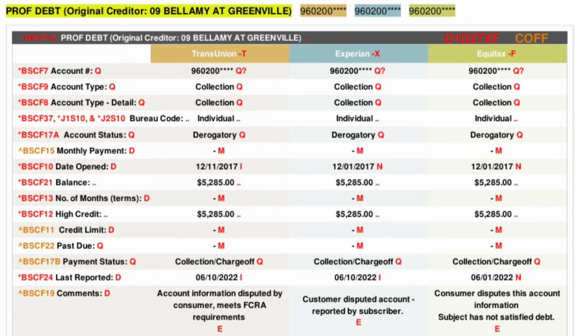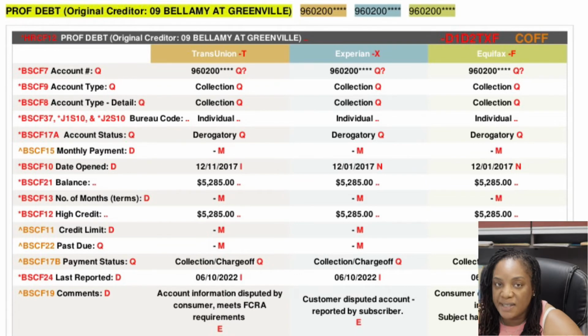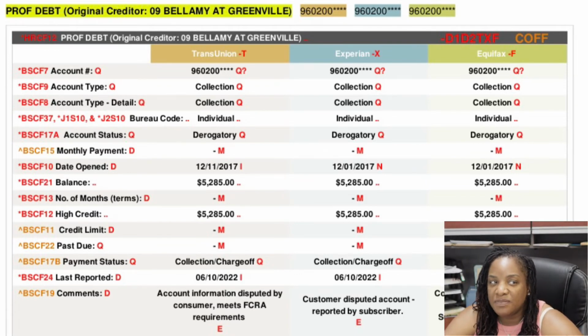So again, here is the coded image that I'll be using, and as you can see, it looks very familiar to Identity IQ. That's like my go-to credit monitoring website. Okay, so of course at the very top you see the header record character format. That is highlighted in red, so we know that is required, that needs to be there. With this collection, you'll see how most collections can be disputed and removed fairly easily,